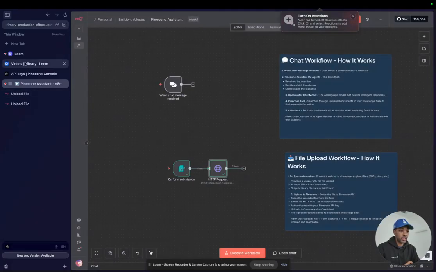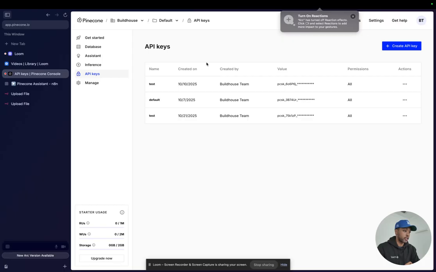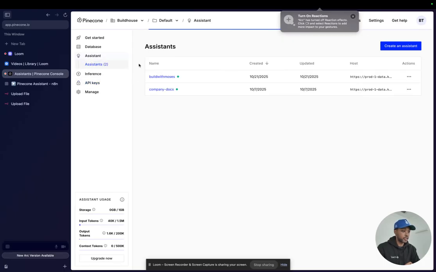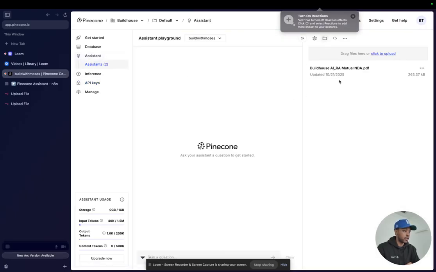But what we want to do is come back to Pinecone and make sure it actually worked. So I'm going to click Assistant, go to Build with Moses, and as you can see, our document was uploaded. Perfect. So now that we know our document's been uploaded, let's actually use Claude to generate real documents. So I'm going to delete this document,